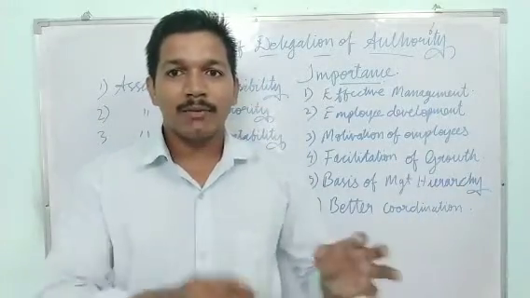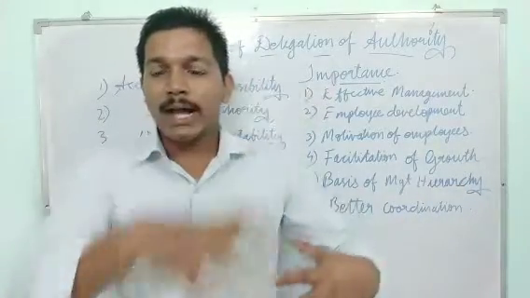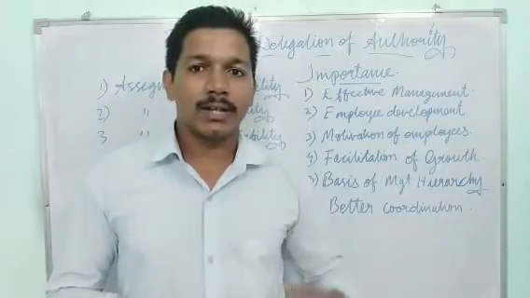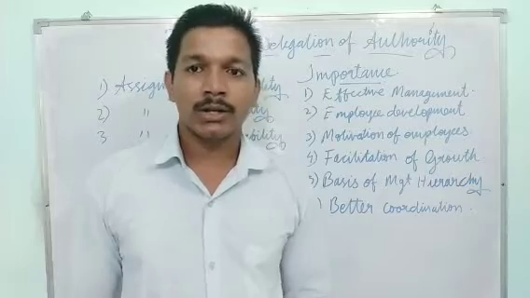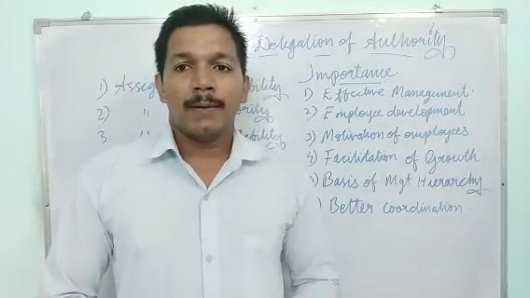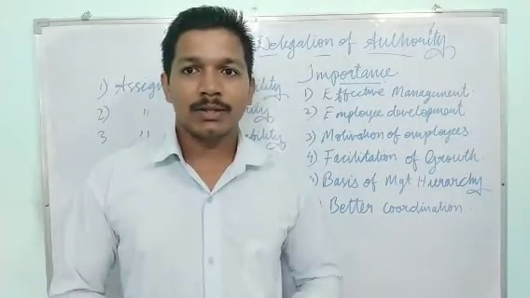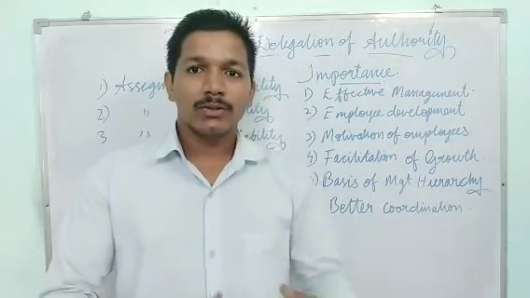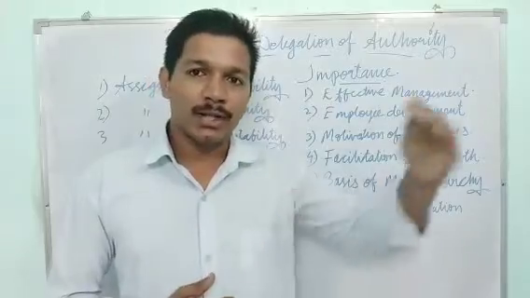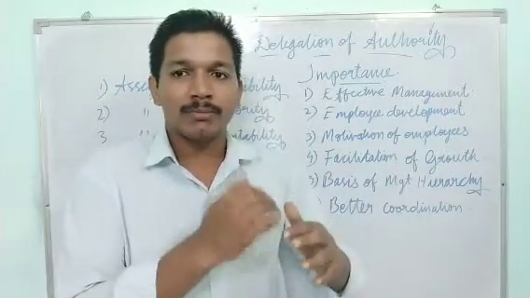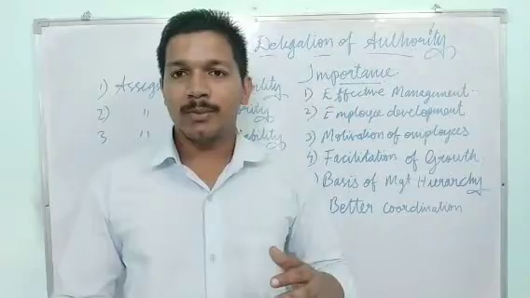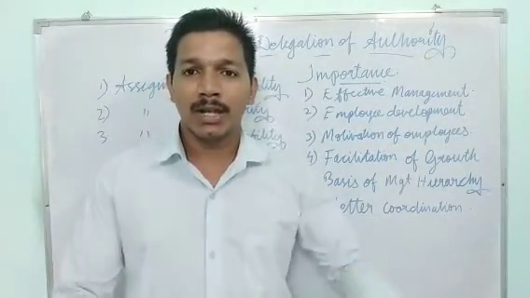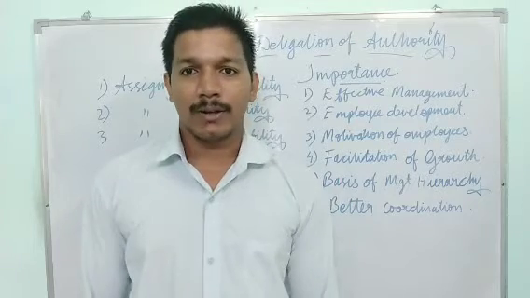Lower level managers have a little less authority, but that position order of the organization from top to bottom, the hierarchy of the management, is created with the help of the delegation of authority. Okay, in such a way the better relationship will be there. The top level manager will be having a relationship with the middle level manager, who will be having a relationship with the lower level manager. So these relationships are maintained with the help of the delegation of authority.